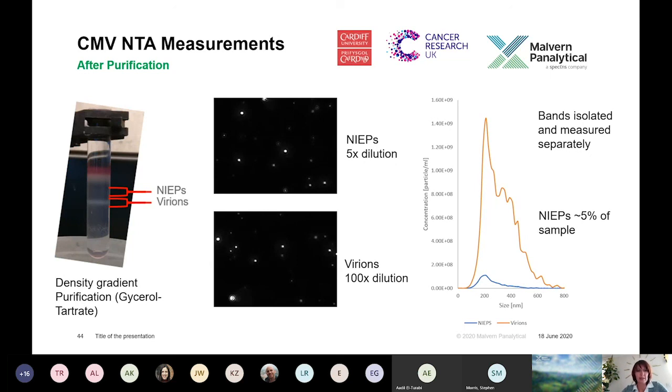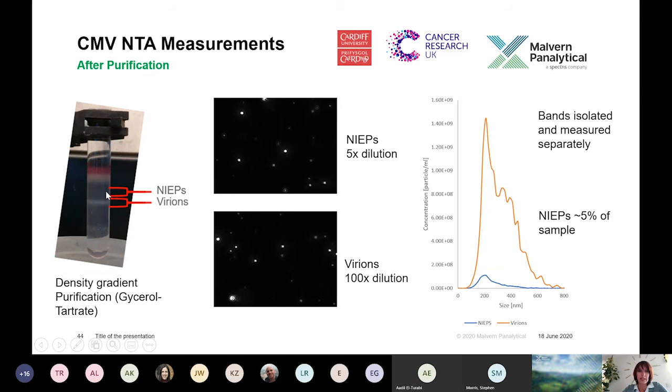However, they had a method for purification that was based on a glycerol tartrate gradient, which was able to remove the NIPS and dense bodies and all the cellular contaminations. So this allowed them to separate the virus from the NIPS, so non-infectious particles, for those that don't know. As you can see, the band of NIPS is nearly invisible, but a very skilled user managed to actually extract the